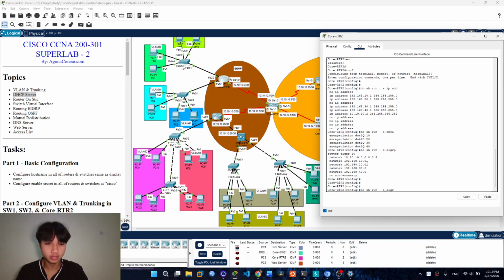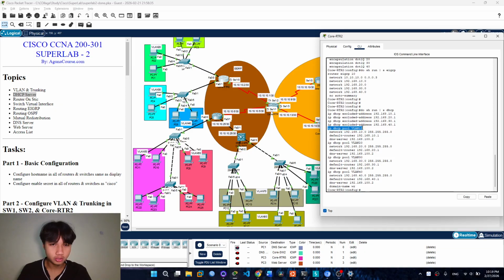You can use the command ip dhcp pool and a name, for example ip dhcp pool VLAN 10, VLAN 20, or FA 0/0.10. You can use that command. Do show run section DHCP.